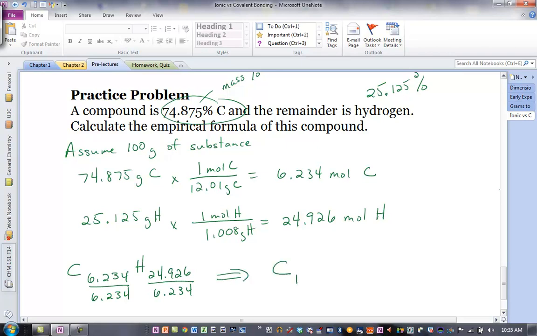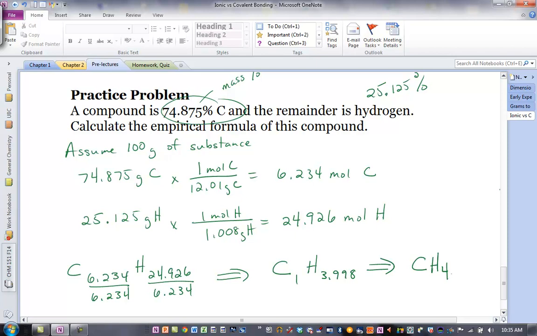What do we get for hydrogen? We get 3.998. What do you think about that? Do you think 3.998 is okay to round to 4? Yes, that would be okay in this case. Remember, if you actually send off to a laboratory, this is experimental data. You don't expect it to be exact. So our empirical formula in this case would actually be